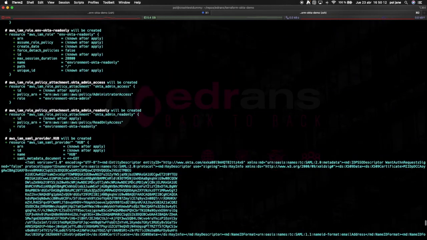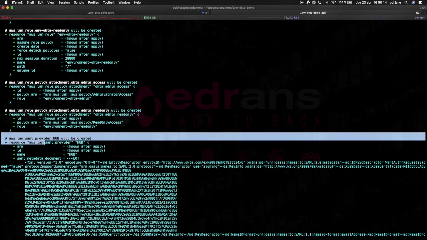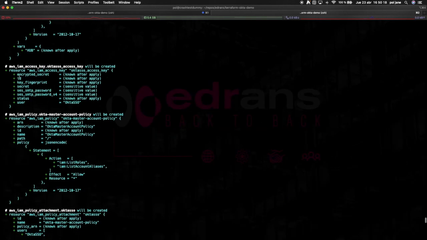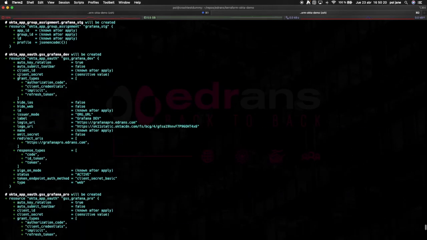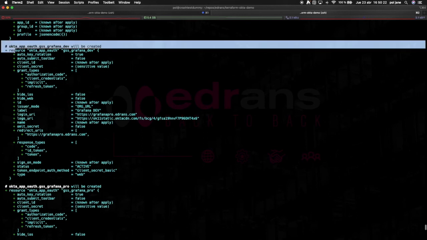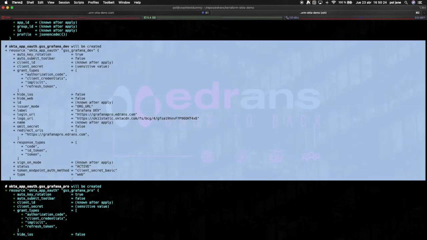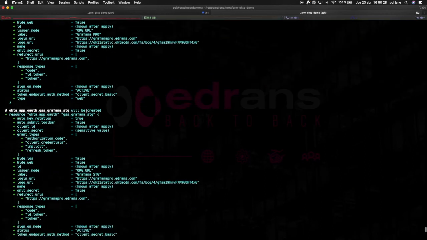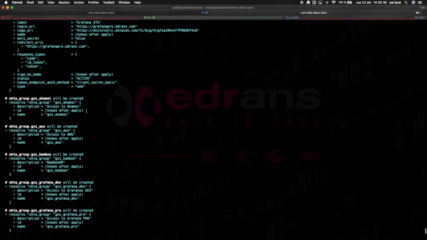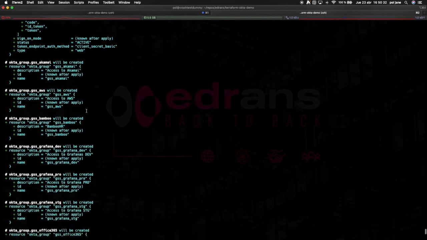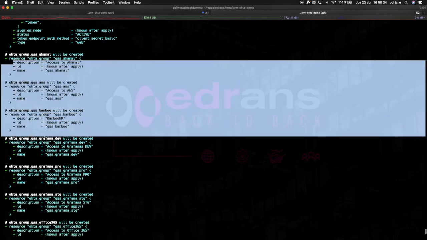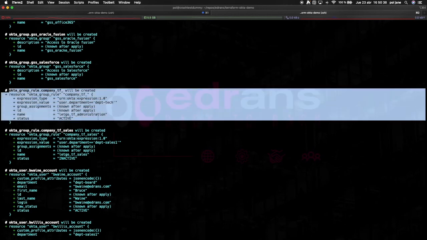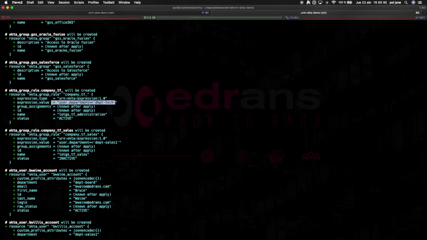I wanted to show you also that we're creating resources in AWS with configuration parameters that we get from the other provider, from Okta. Also here you can see another application configured with OpenID instead of SAML. And we have here all the groups we are creating and also the group rules we define to automate the user group assignment.